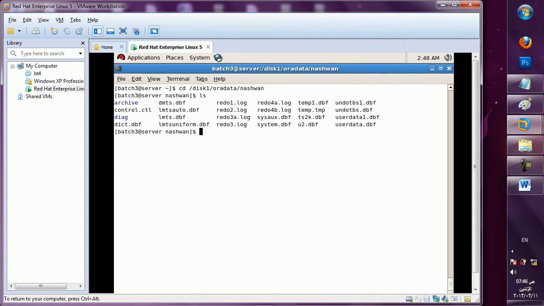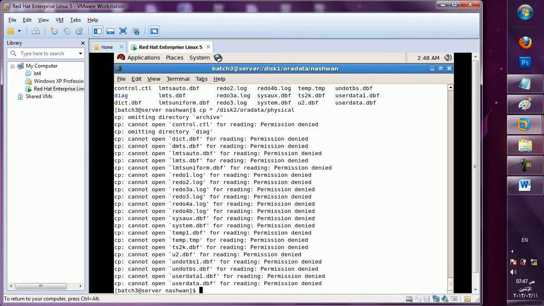This is my original database files. The physical files are in this particular folder. What I will do, I will copy all these files. Copy star, all to disk 2 Aura data physical.